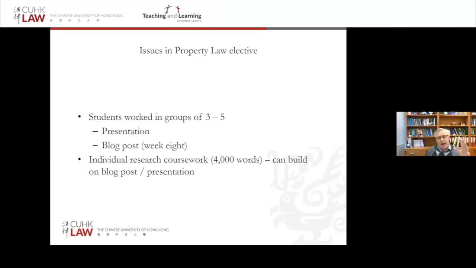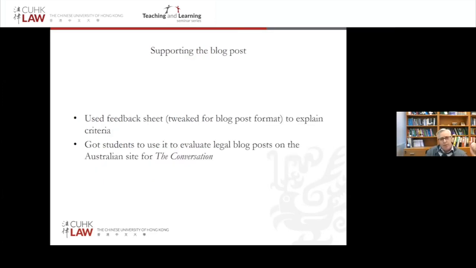So together, that counted for 40% of the overall mark. And then 60% was an individual research coursework, where they could again build on that blog post they'd done already. Some people did, and some people didn't. I want to talk about this idea of support, of supporting students through the process, particularly with regard to the